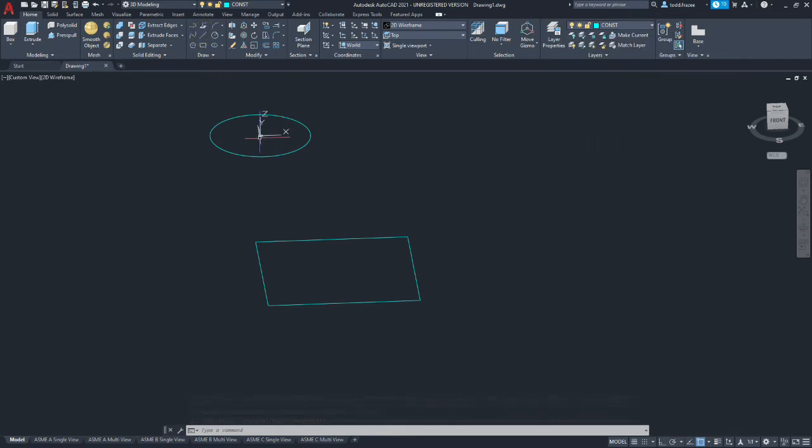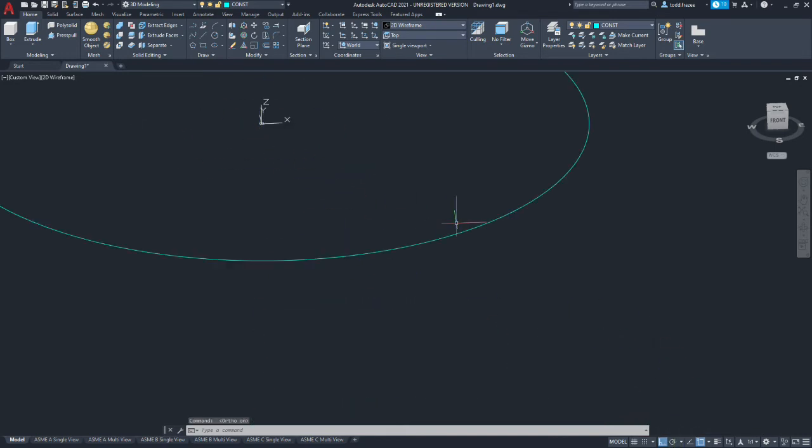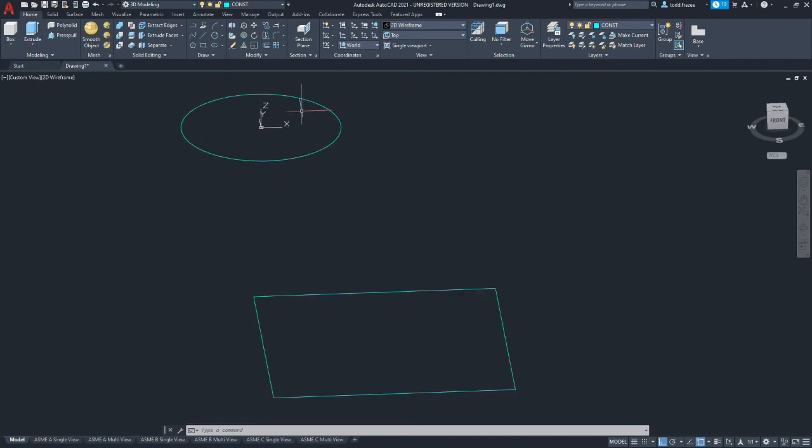Now of course we need to create our indexing on the circle. So let's go to our circle and draw lines. And make sure ortho's on.